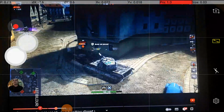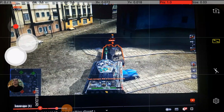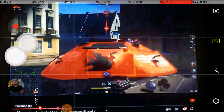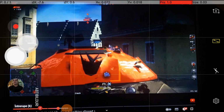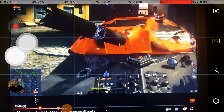Oh my god, this one missed, that one missed. What's this? A missing contest, and again miss, again low roll, 293. A shame for the IS-3. As you can see, he avoids the gun. He has now this much of a plate, which, oh my god, he loses another 1 second, and he